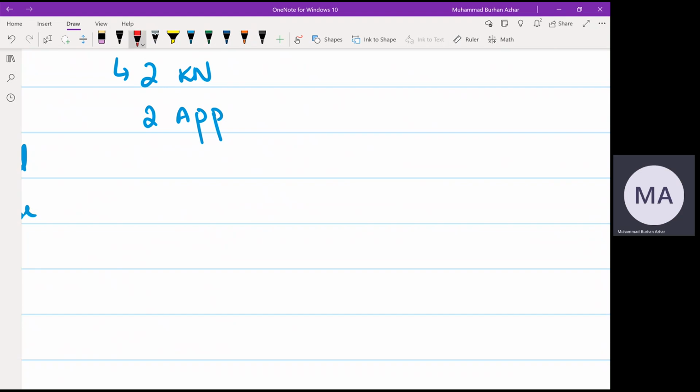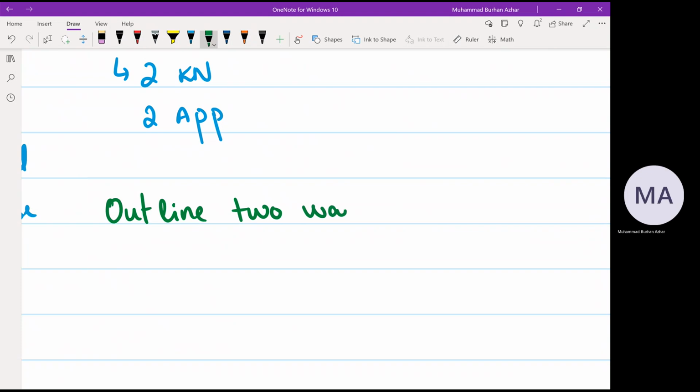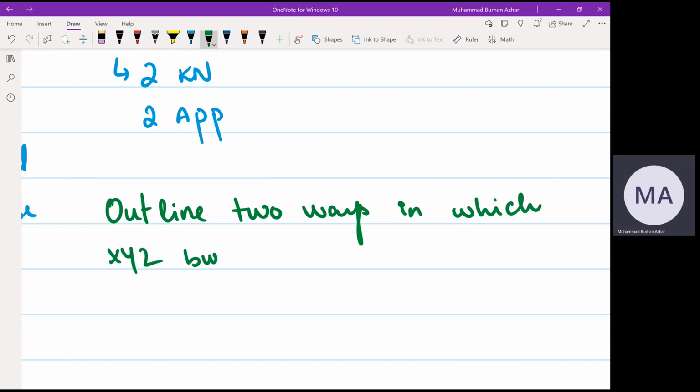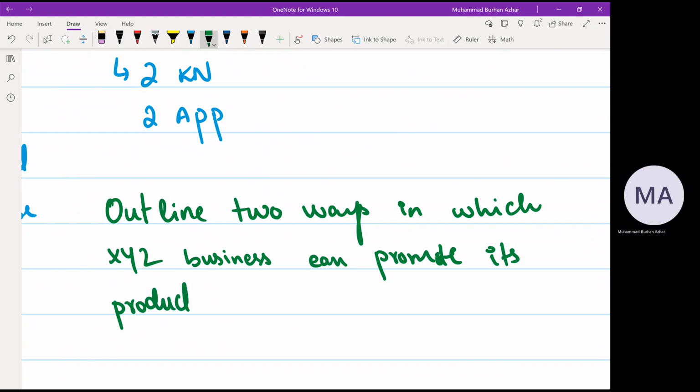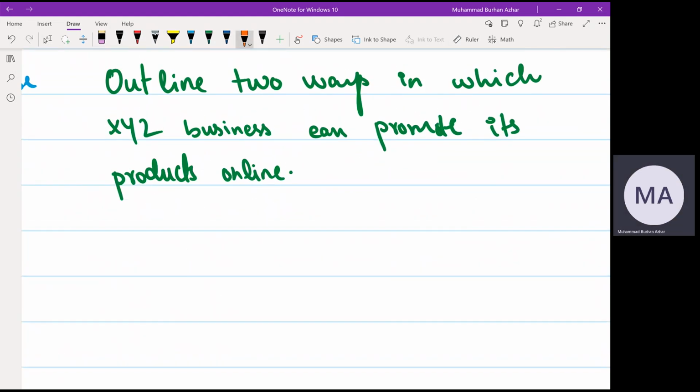I'll just quickly add the question. So अगर मेरे पास question है कि outline 2 ways in which XYZ business can promote its products online, right? So some of the things that I need to mind